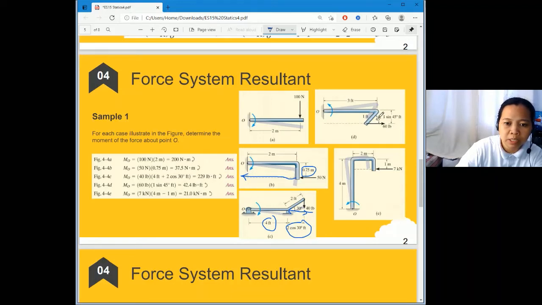Here it is not the cosine, because cosine is adjacent to the arm; this one is sine, so opposite 45. And so we will have a moment arm of 3 plus 1 sine 45 degrees